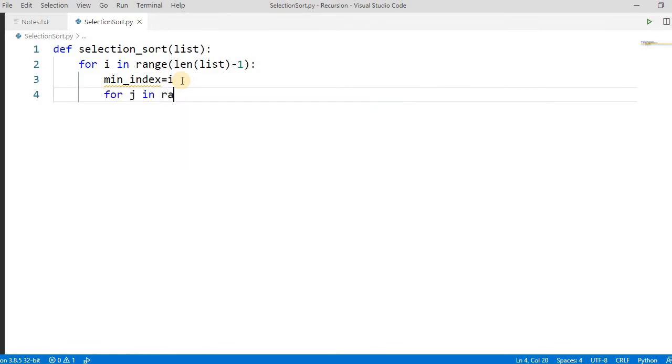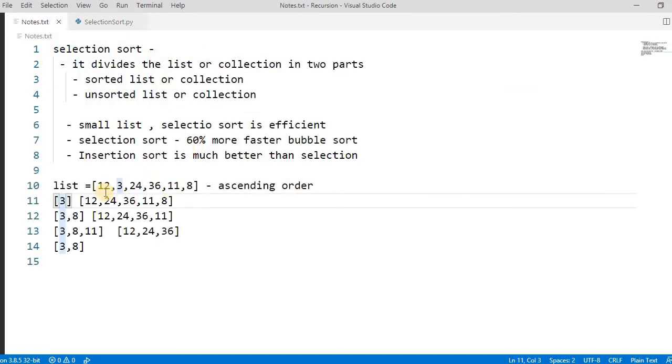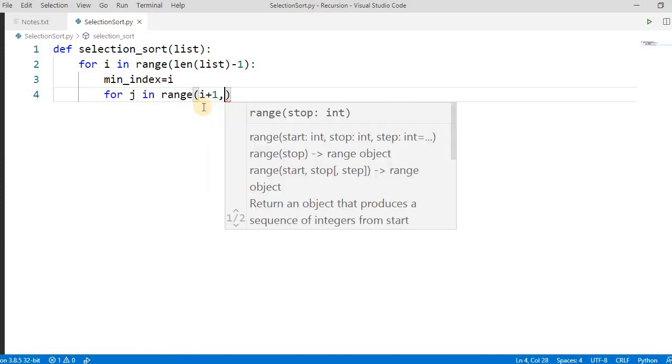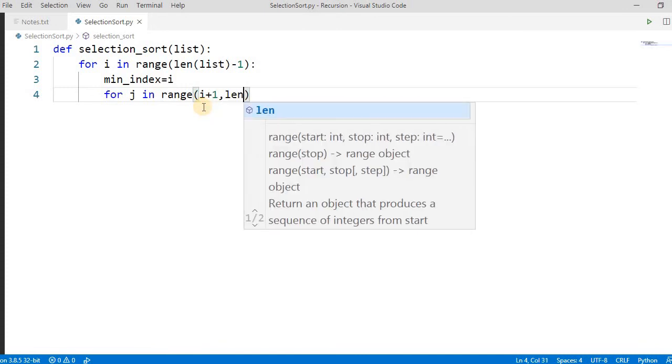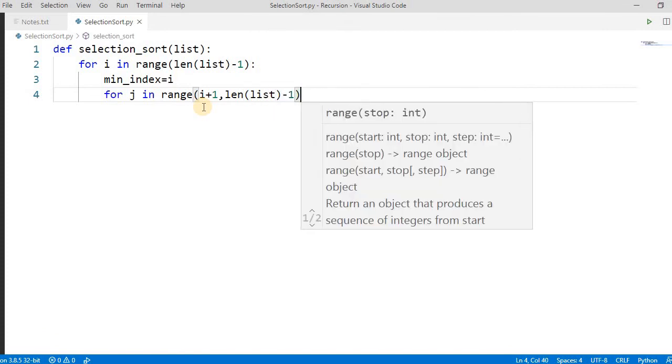Then for j in range, if you see the example, it will start from 3 and iterate through 8 and find the lesser number, right? So here, i plus 1. That's easy to understand.